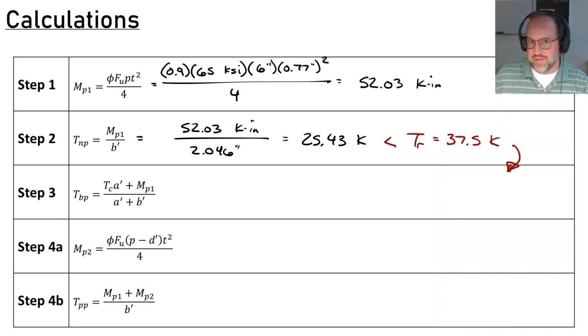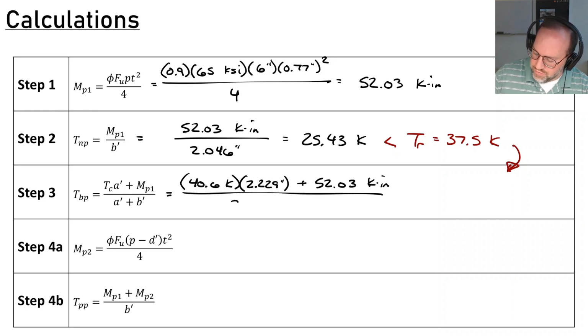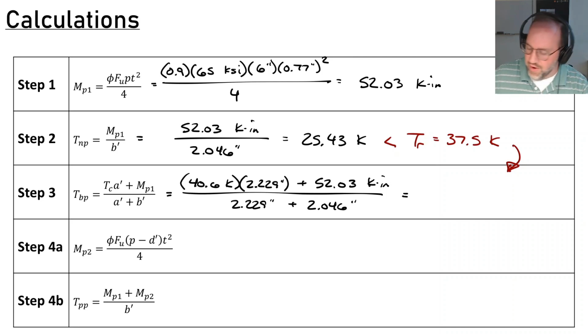So given prying, let's calculate the two limits. I'll do the bolt one first. So TC, first of all, that's our bolt capacity. We already looked that up. That was 40.6 kips for our bolt. And dimension A prime is 2.229 inches, plus MP1, which we already know is 52.03 kip-inches. Divide that by A prime, which was 2.229, plus B prime, 2.046. And we find that this is